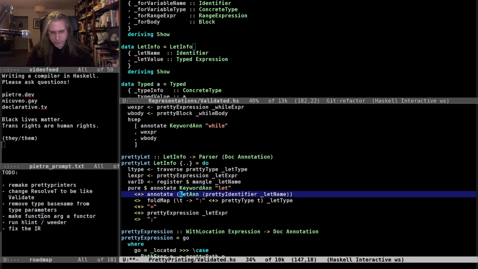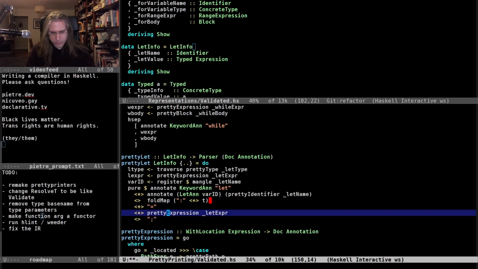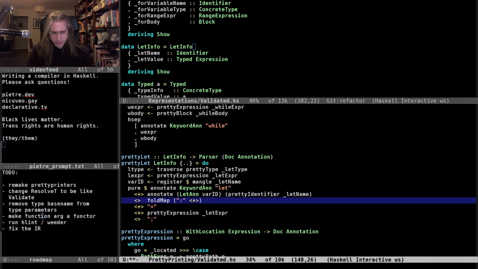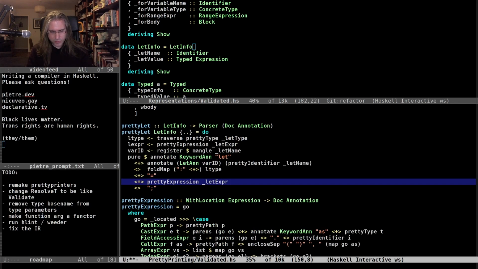And now I can annotate this as being a let for this particular unique variable ID. With maybe this type stuff here, which is not on the let type, but this L type thing, and then that's the let expression.